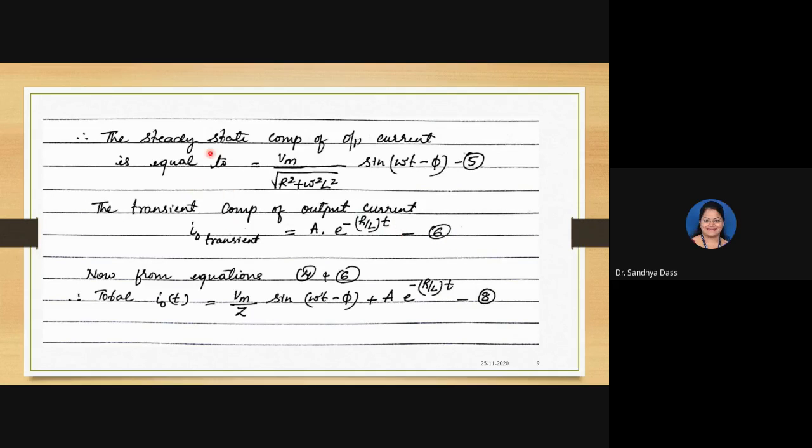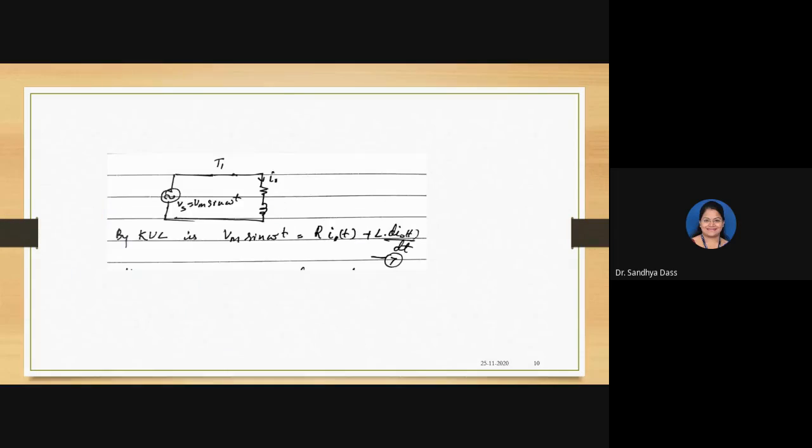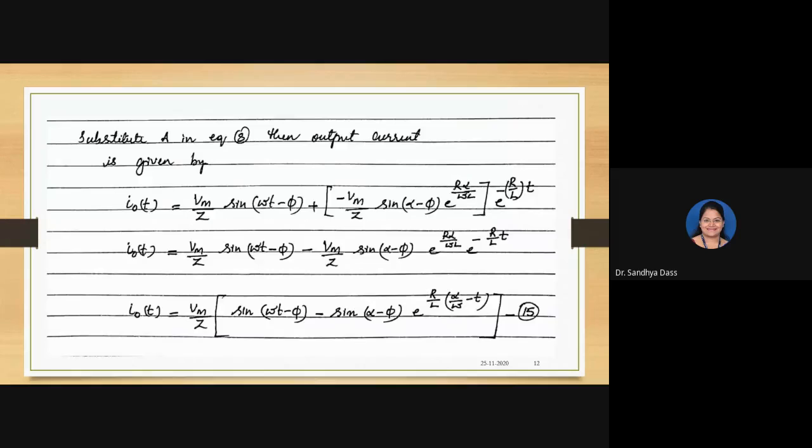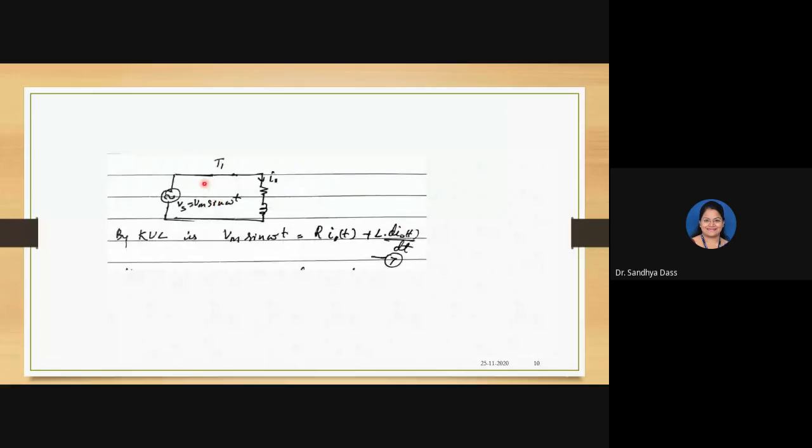So how have we got these two components, steady state component and transient component? Consider one thyristor. When thyristor 1 is conducting, it is acting as a switch, right? So the circuit would look like this. This is your input Vs, which is Vm sine omega t, and this is your RL load. Applying KVL to this, you can write Vm sine omega t is equal to R into I naught, where I naught is your output current, I naught of t,